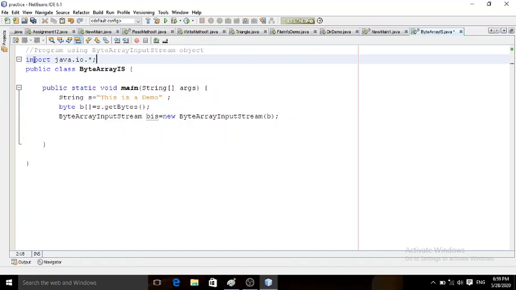In java.io we have ByteArrayInputStream, so we have included the complete package. Instead of including a single class, I included the complete package, all the classes available under IO. So now we can use this ByteArrayInputStream class.